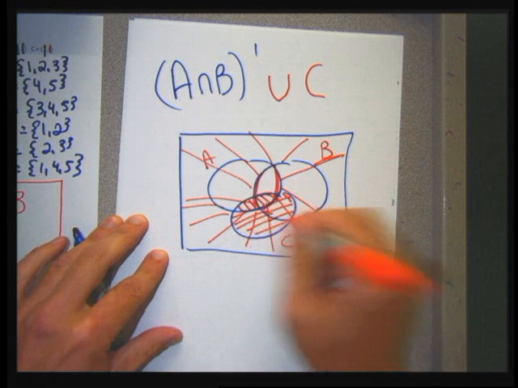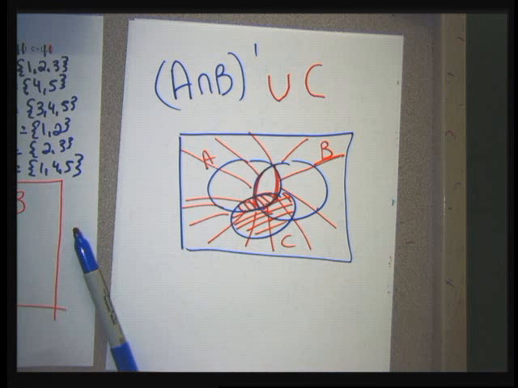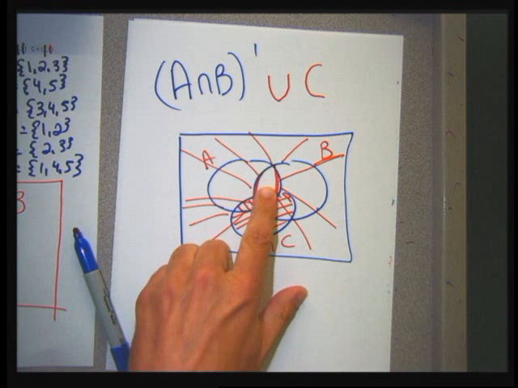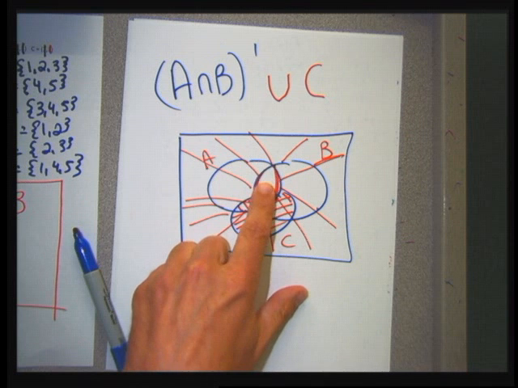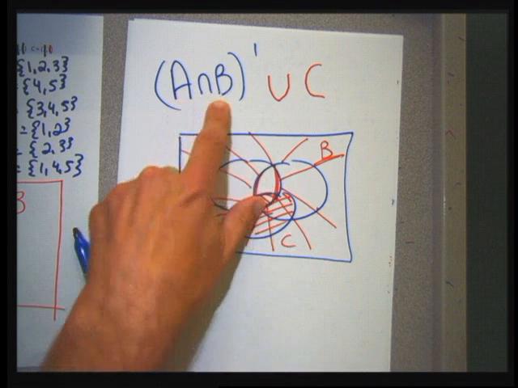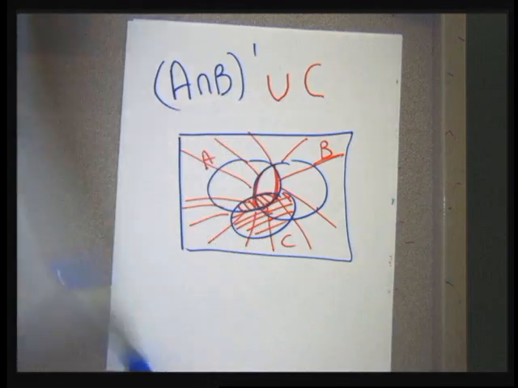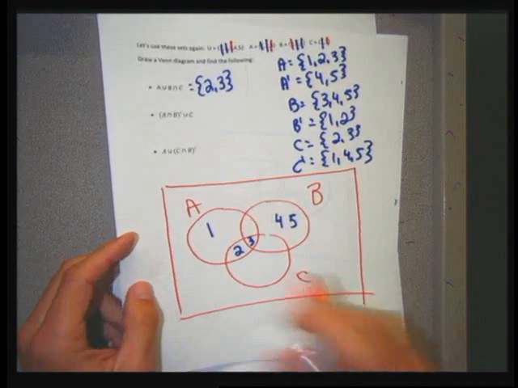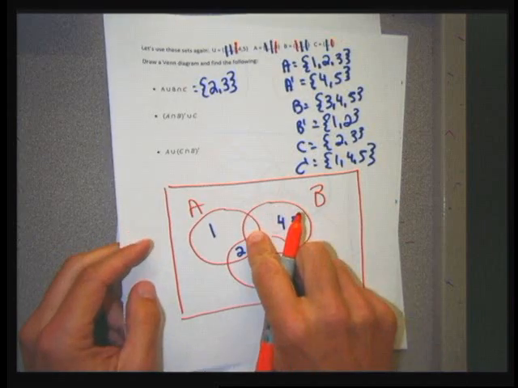Because you add. The only region that's ignored in A intersection B prime union C is that region right there. If there was a number in this region right there, the answer wouldn't be the entire universe. There is a region that's being excluded by A intersection B prime union C, there just isn't a number in there. So the numbers that I'm searching for are any numbers that aren't in that region, and that's the numbers 1, 2,